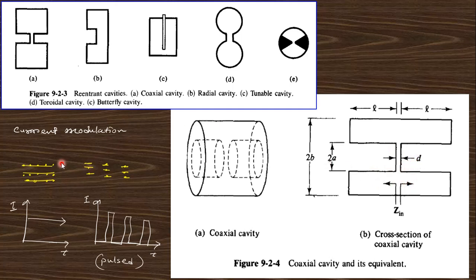Okay. So, when the current is like that before reaching the first cavity, this will be a constant current, but when the electrons make bunches, the current will be 0 at a certain time. There will be some current, after that it will be 0, and after that there is some current again. So this current will be like a pulsed current, right? So this pulse current will be generated after bunching the electrons.